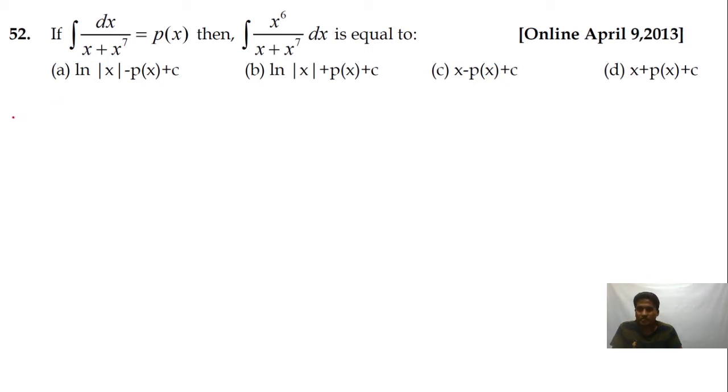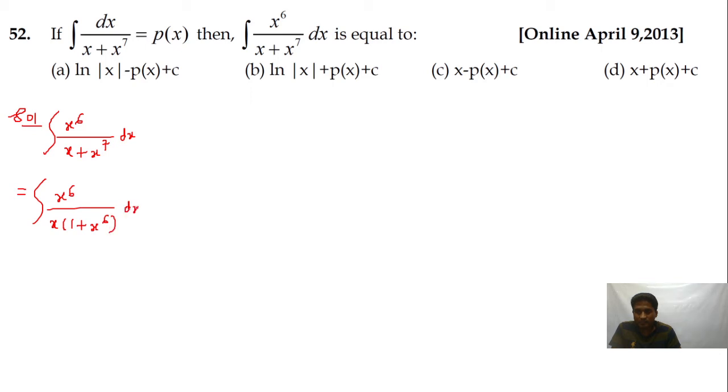This was asked in comment K as well. Okay. Now x to the power of 6 upon x plus x to the power of 7, and then dx. So follow carefully now. I'll write x to the power of 6 into, take x common, you get 1 plus x power 6. Okay, now note this step now. I will write this as 1 plus x to the power of 6 minus 1 divided by x into 1 plus x power 6. I am going to add 1 and subtract 1.